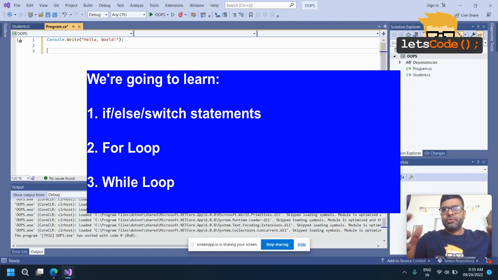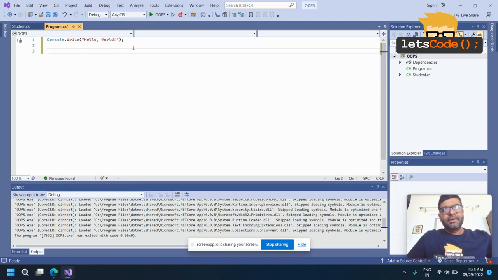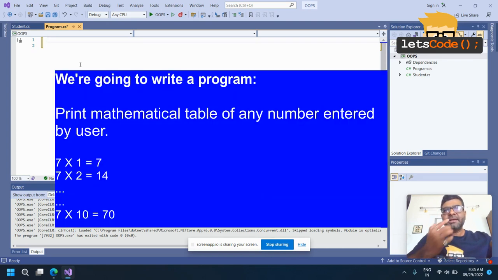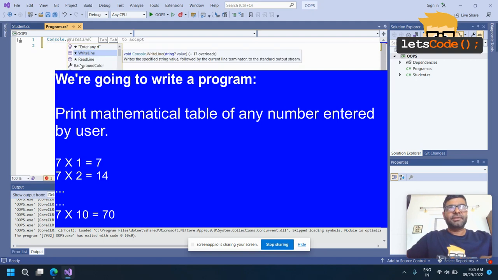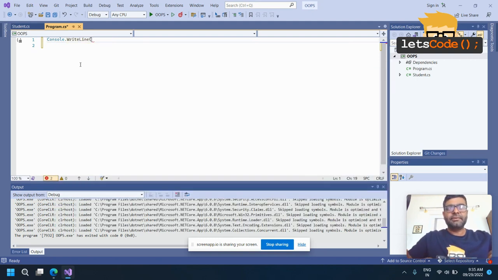So what I'll do, I'll use my existing program only. Here, I'm just going to remove the Console.WriteLine, and instead we will understand and practice all these concepts, like for, while, and if, with the help of a program. I'm going to write a simple program for the mathematical table of any number. So let me first of all take the input, Console.WriteLine,